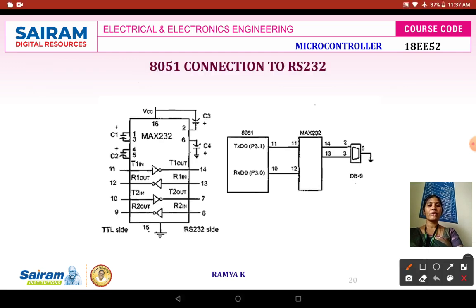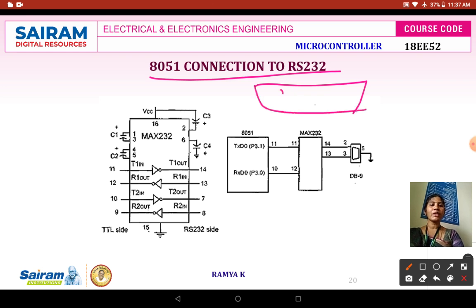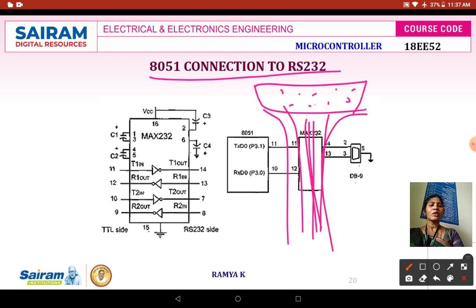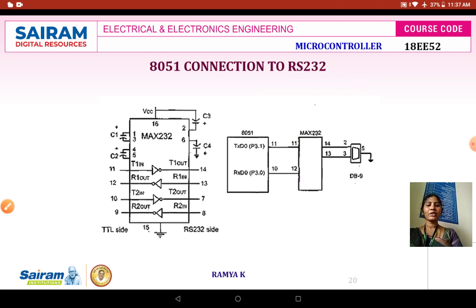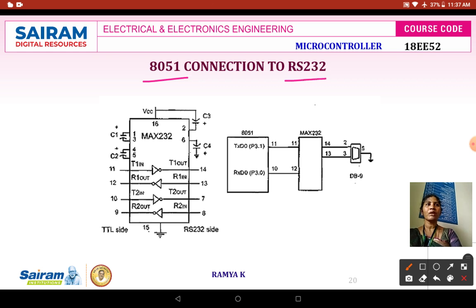In this class we are going to establish a connection between 8051 and RS-232. So here the physical connection has to be given, because RS-232, as we discussed earlier, is just like a port having 9 pins, each pin having some function. So 5 pins at the top and 4 pins at the bottom. It will be like a wire, and inside this there will be a group of wires. This group of wires is nothing but your bus, or we can call it a channel. So we are going to establish a physical connection between your 8051 and RS-232.